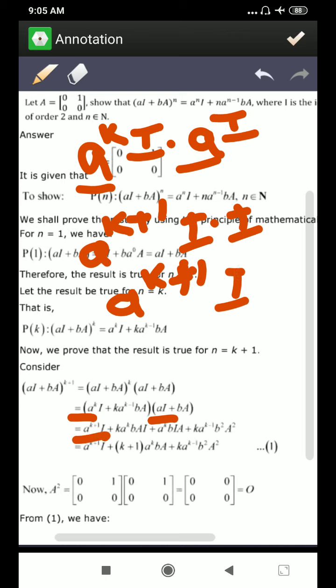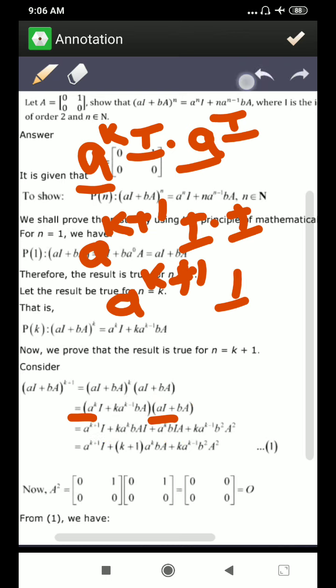Alright. Now I will multiply a raised to power k I with the B A. So a raised to power k I with B A I will multiply, I will get this term, third one term. Now I will multiply this k a raised to power k minus 1 B A with the A I. So I've not changed anything. I've written as it is. Only difference is this a raised to power k minus 1, and in this a is there. So this term will become a raised to power k. So I have written k as it is. You see, a raised to power k minus 1 into this a will become a raised to power k, and B A and I as it is. All other terms are as it is. So that I have just explained.